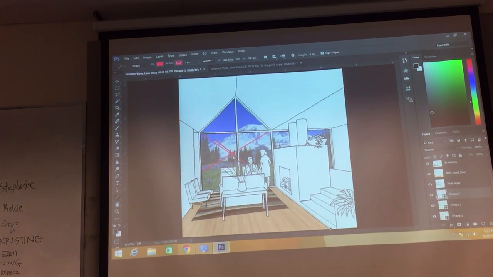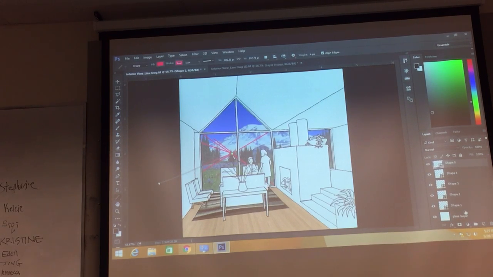So now that I know where that is, if I wanted to put a piece of art on this wall, I could just start at my vanishing point and draw lines like so. Oh, look at that. See what's going on? See where my shape layers for my lines are showing up? They are behind my lines layer. So if I move that down, now I can really see what's going on with my